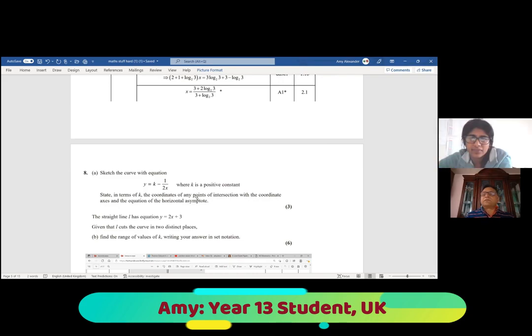Sketch the curve with the equation y equals k minus 1 over 2x, where k is a positive constant. State in terms of k the coordinates of any points of intersection with the coordinate axes and the equation of